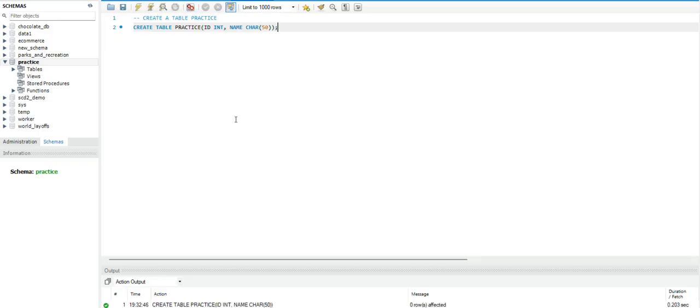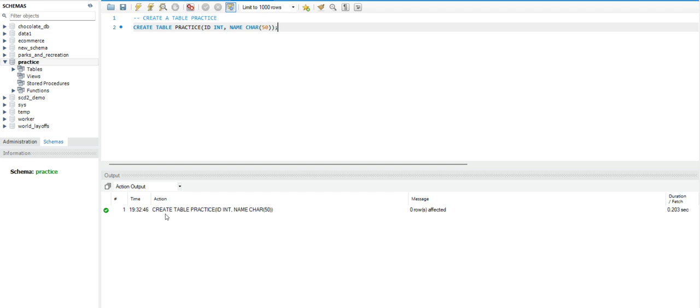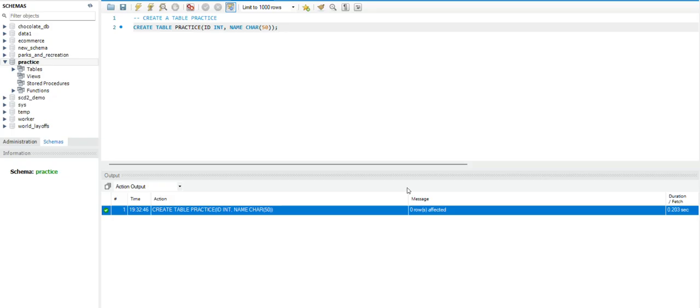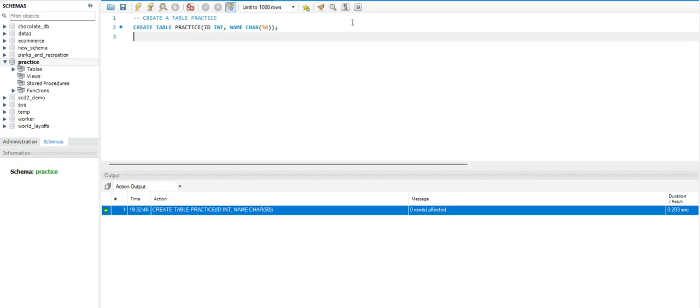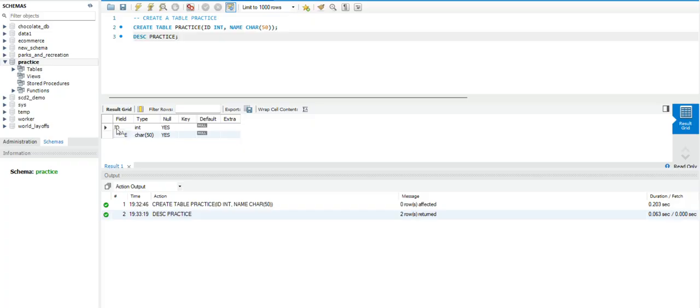So now let's execute this, okay, just a minute. Very good, okay, so create table lint, correct, okay, this is executed with zero rows affected, okay, now we want to check what is the structure, how is the structure, okay, so what we will use, DESC and table lint, which is practice, okay, and execute it, ओके, गॉट इट।